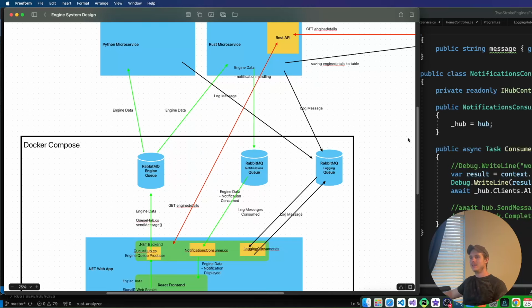Because if you have to go back and reverse engineer your system anyway, what's the point of having a diagram? The diagram might give you a starting point, but if it only serves the purpose to tell you what microservices are being used,